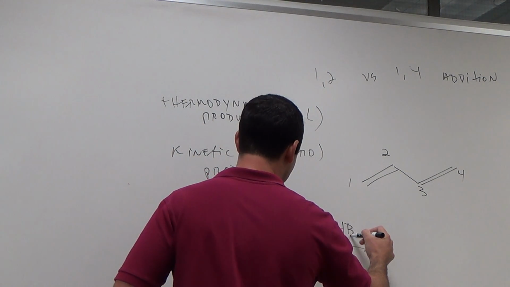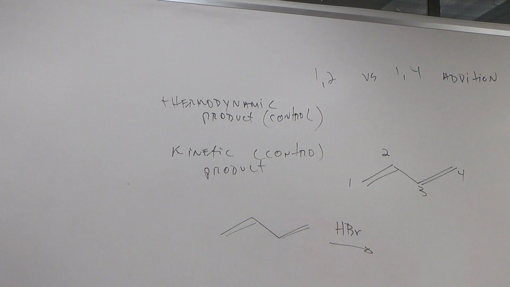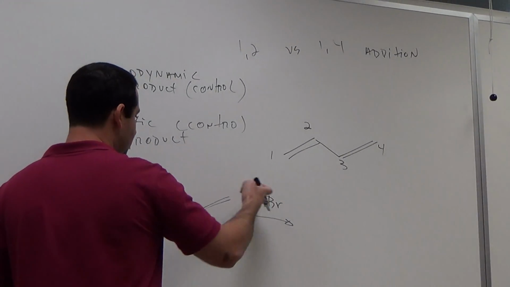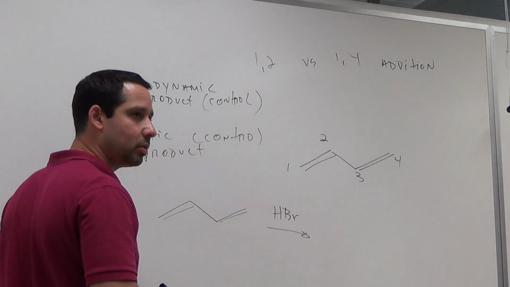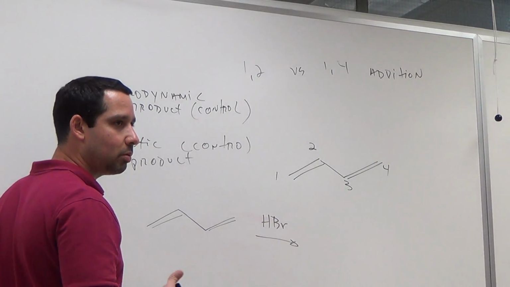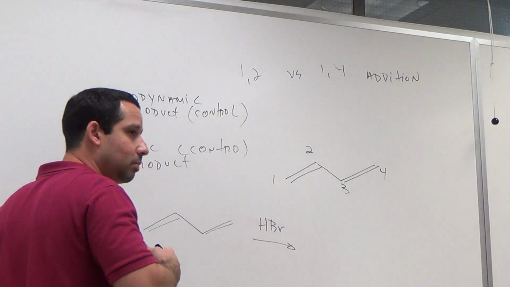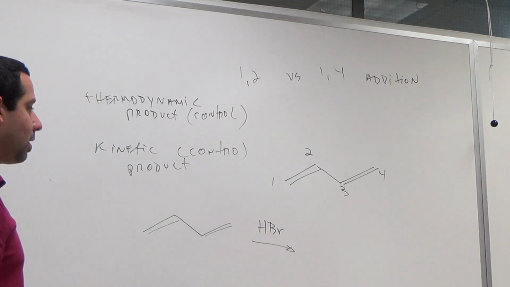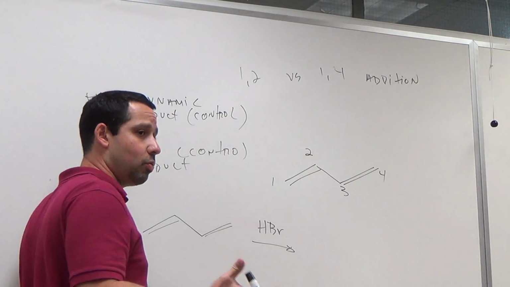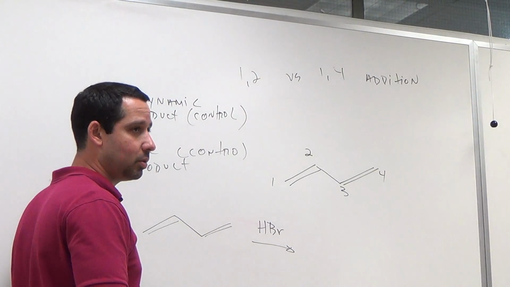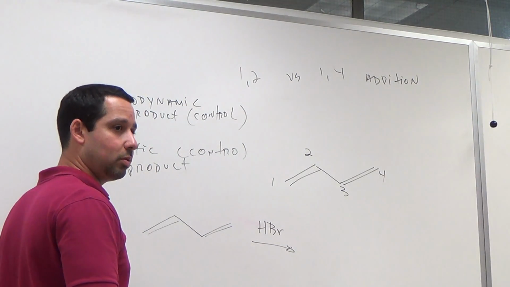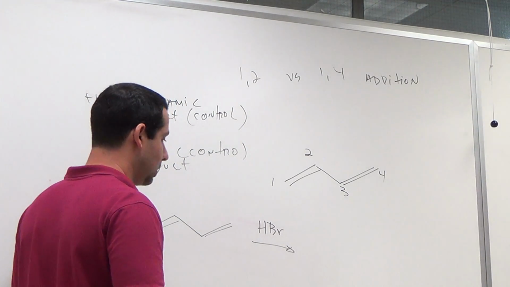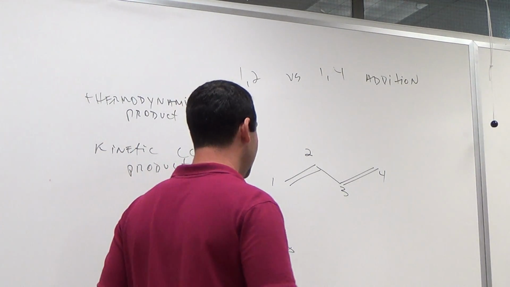Now, if to this diene I add, let's say, HBr. We're not going to keep doing mechanisms for this because you are supposed to already know these mechanisms. If I add HBr to a double bond, what happens? 1 H goes to one side, the Br goes to the other side. According to whose rule? Markovnikov. This is Markovnikov addition. Why? Because it's the formation of a carbocation.